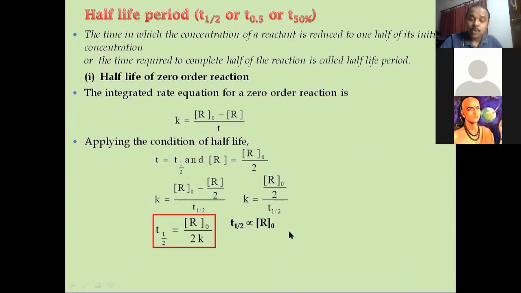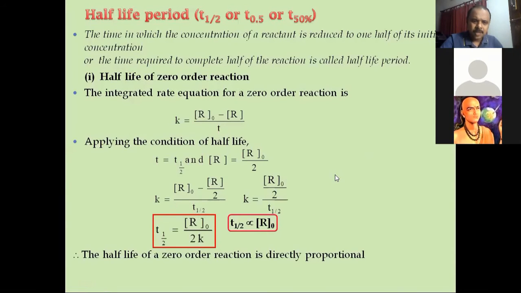You should know the final conclusions that we derive from the expression here. Half-life is directly proportional to R naught. When we plot a graph, it gives a straight line passing through origin. When initial concentration of a zero order reaction keeps increasing, half-life also increases. Remember these, so that in CET questions you don't have to write down the expression at all. Directly, you can give the answer. Half-life of zero order reaction is directly proportional to initial concentration.